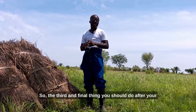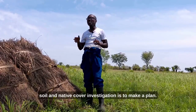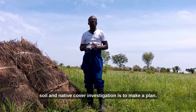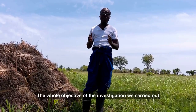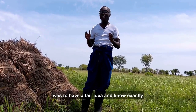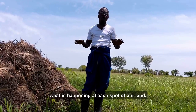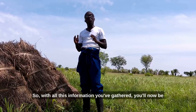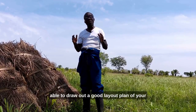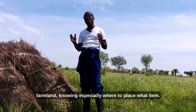So viewers, the third and final thing you should do after your soil and native cover investigation is to make a plan. The whole objective of the investigation we carried out was to have a fair idea and know exactly what is happening at each spot of our land. So, with all this information you've gathered, you will now be able to draw out a good layout plan of your farmland, knowing especially where to